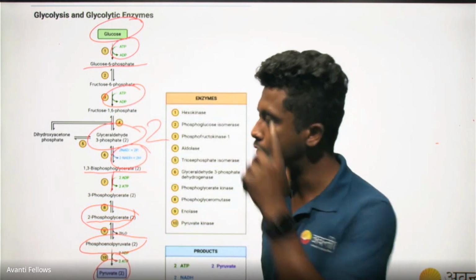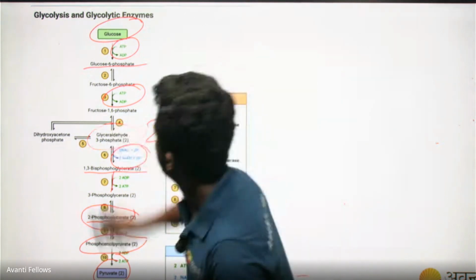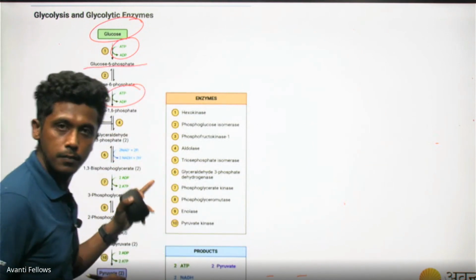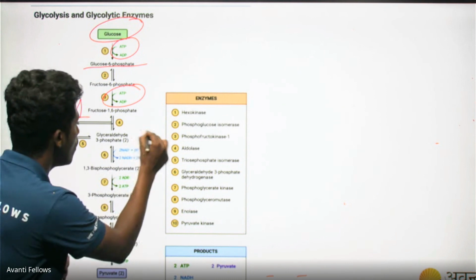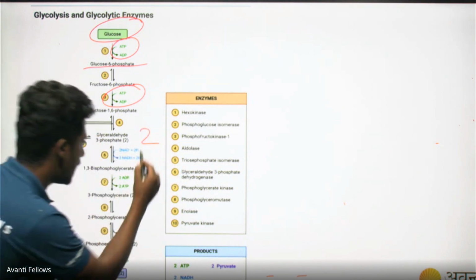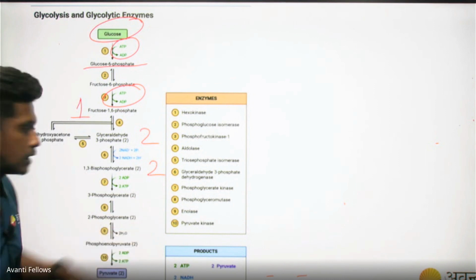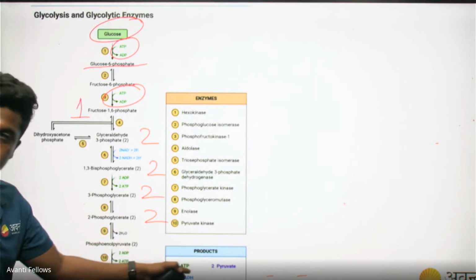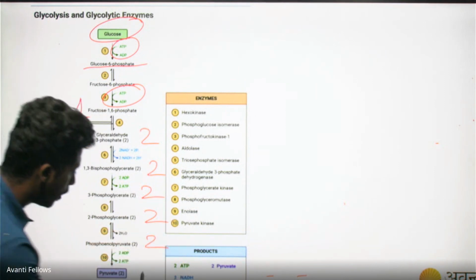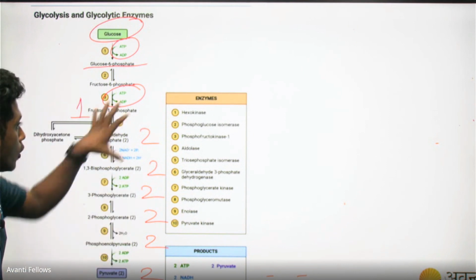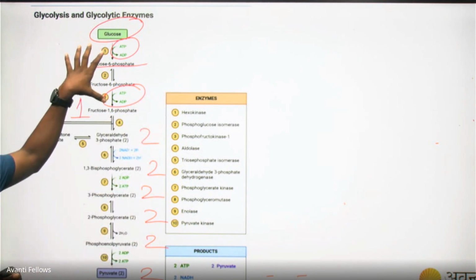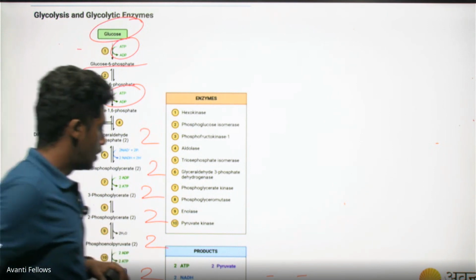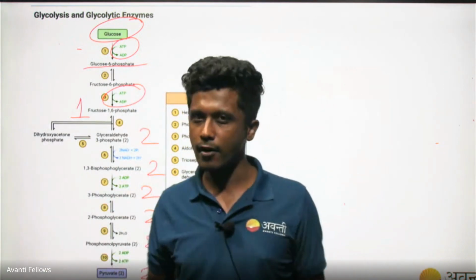So, if you have to understand it, it's very simple. Here the equation changes. Where here it was only one molecule of fructose 1,6-bisphosphate, with that I will get two molecules of glyceraldehyde 3-phosphate. With that, same thing, two molecules of 1,3-bisphosphoglycerate, two molecules of 3-phosphoglycerate, 2-phosphoglycerate, two molecules of phosphoenol pyruvate, and two molecules of pyruvate. I think it's very easy to understand how we got this two from one, because it is a 6 carbon atom molecule. Here it is a 3 carbon atom molecule. Clear?